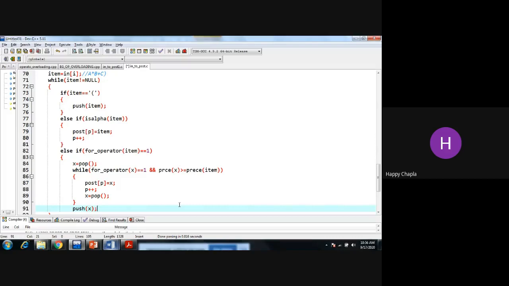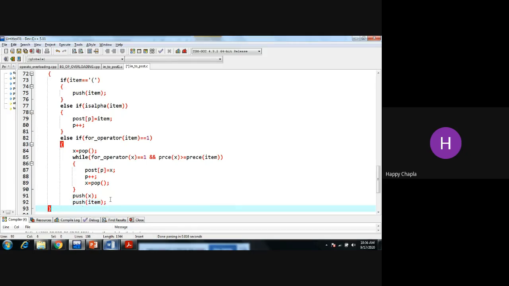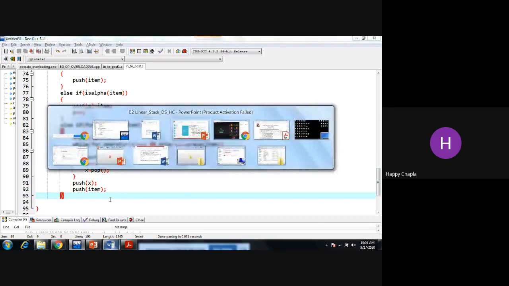Okay, because just above my while is terminated, right, and loop is terminated, so we need to push that function inside this, and whatever element I have got from the input, that I need to also push into the stack. Okay, so till now, any doubt in this? Any student?